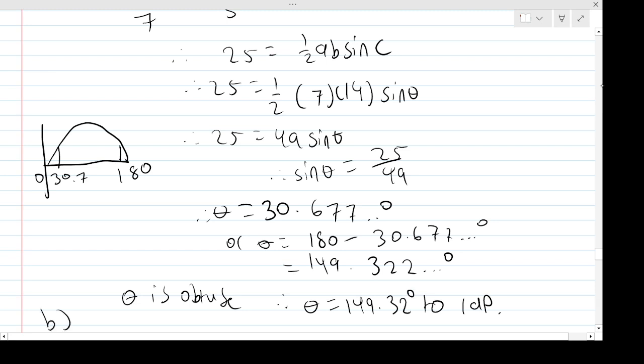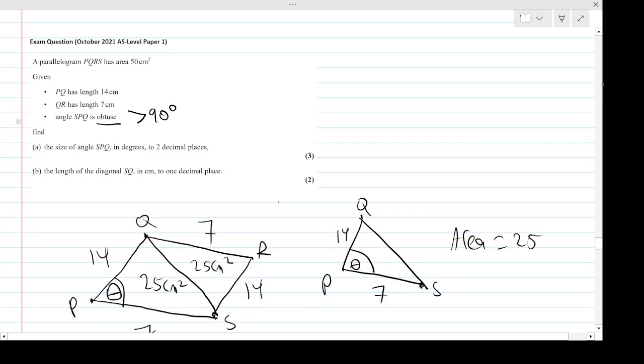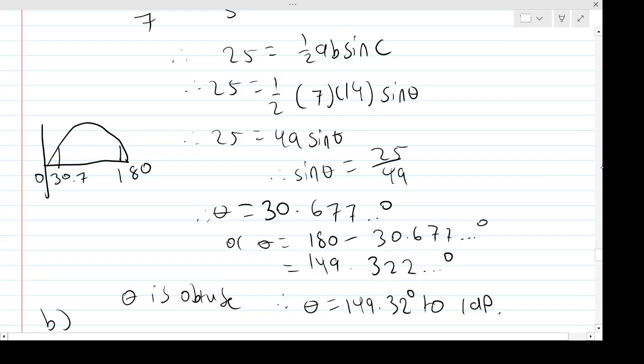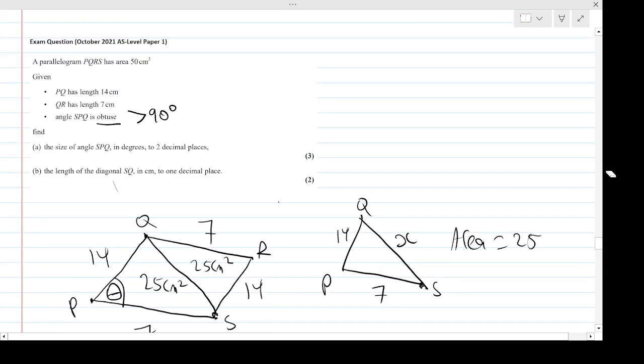Part B then. It says find the length of the diagonal SQ. So that'll be x here. But in this case, we know what theta is now. This theta, we know is 149, roughly. So now we're in a case where we've got two sides and the angle we know, so that will be the cosine rule we can use to work out QS, and obviously the angle's facing it. So then we could say that by the cosine rule,